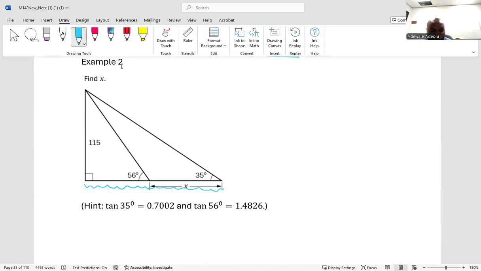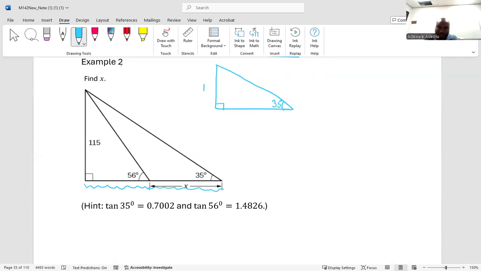However, we notice that we can form two triangles from this diagram. The first one is something we have this way. We can form this right triangle where here is 35 degrees